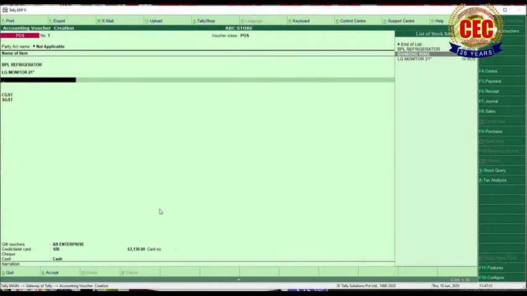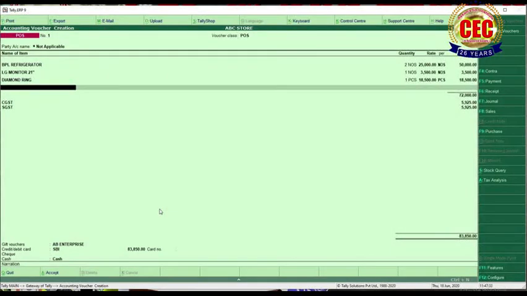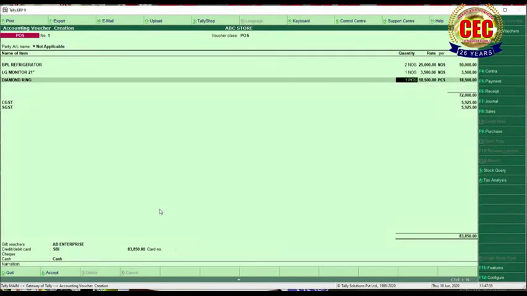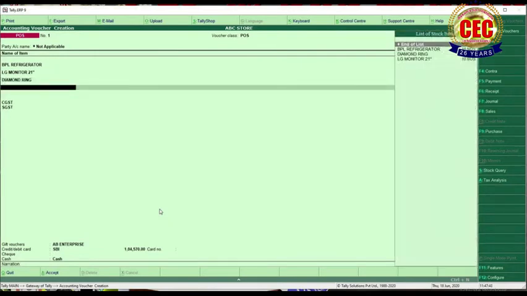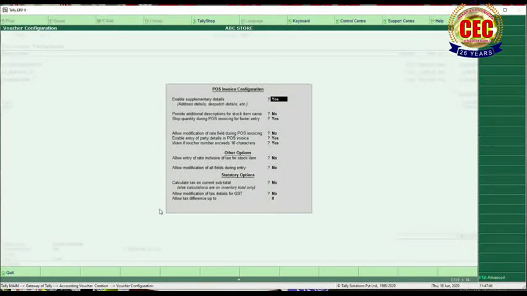Suppose you want to set quantity here, so just select backspace, or you can configure it by pressing F12, allow modification for red field during POS entry, enable entry party details. Here you should activate it, or you can set it to no, it's up to you.